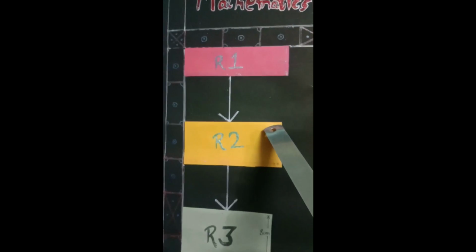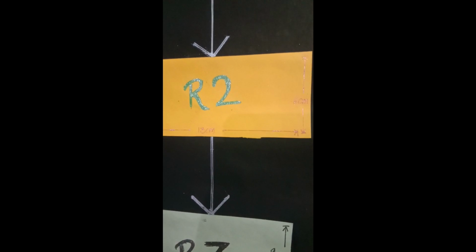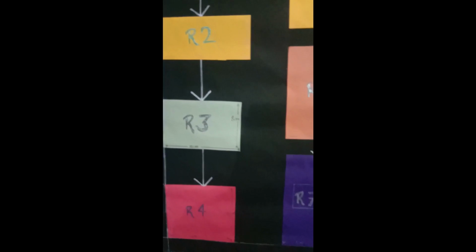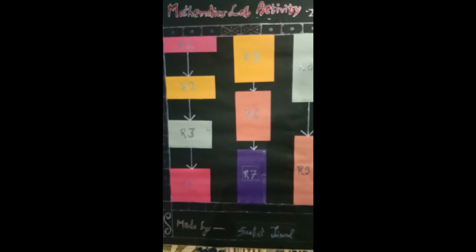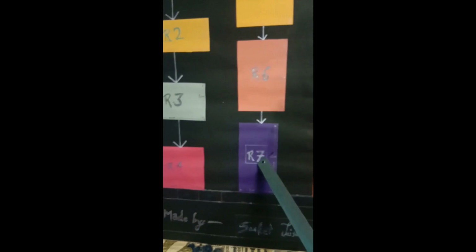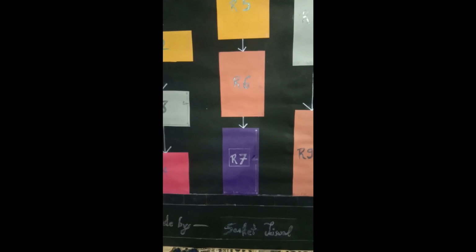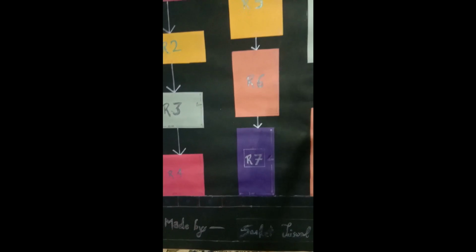After 1 second, according to the function, the length of the rectangle is 13 centimeter, which is 1 centimeter less than the previous one, and the breadth is 6 centimeter, that is 2 more than the previous one. Likewise, here we have cut all the rectangles with different dimensions according to that function. If you observe the area of the rectangles, the rectangle R7 has the maximum area among all the rectangles given here. So it means that if we put the values of length and breadth in the function in the place of L and B, we can get the maximum area according to that function.